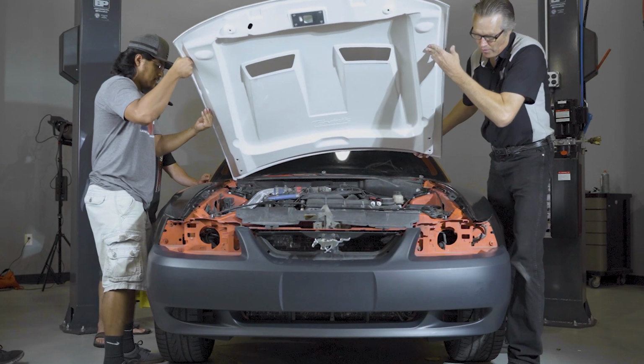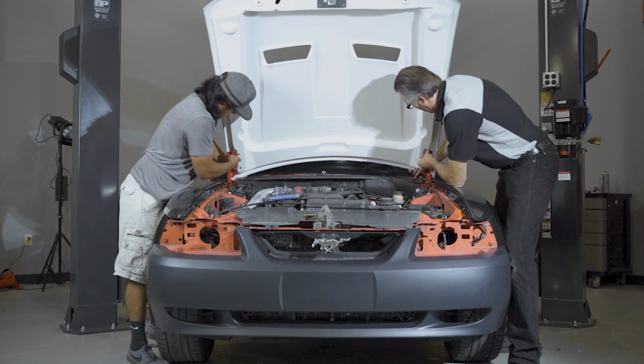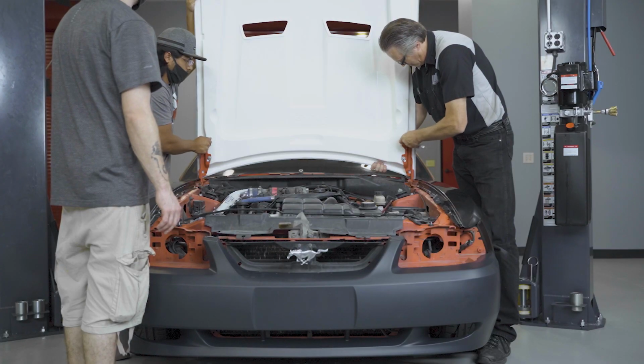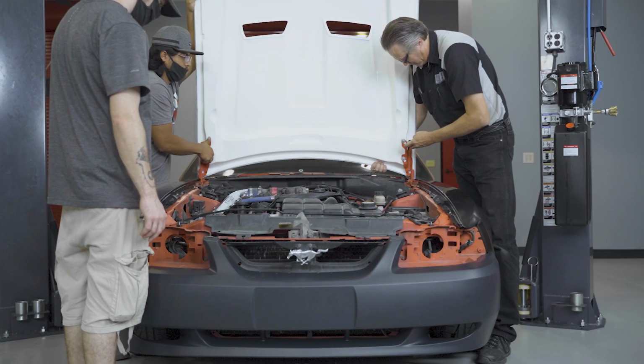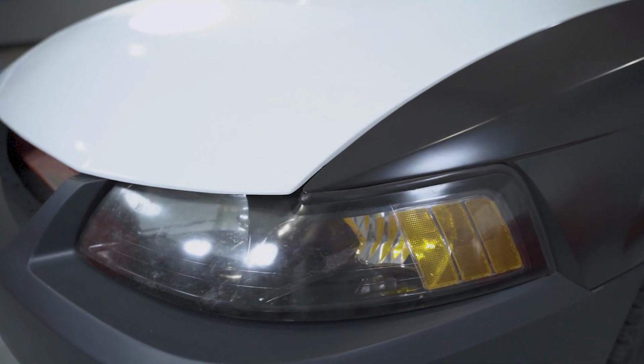With the new hood, lift the hood in place and align it to the hinges. Loosely tighten down your hardware on each hinge. The primary objective here is to try to center the hood to the fenders to start off with. Taking your time is key here, and going off your measurements from your stock hood will help you out with